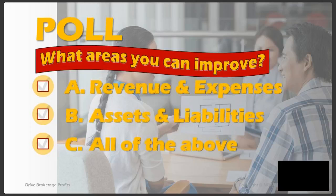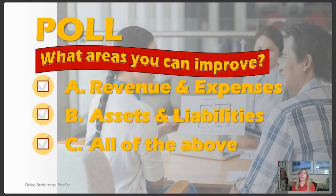All right, great. We've got some answers coming in. C, all of the above. Revenue and expenses, we just went over. Assets and liabilities, we'll be going over next. Or I guess we're actually going over both of those sections now. So it's kind of hard to say until we've gone over them, but this is just to get you starting